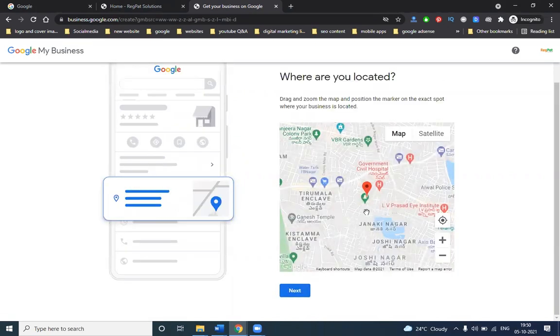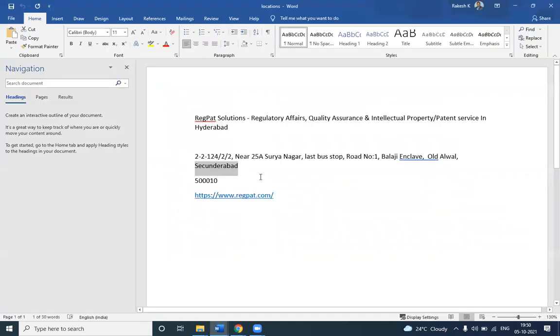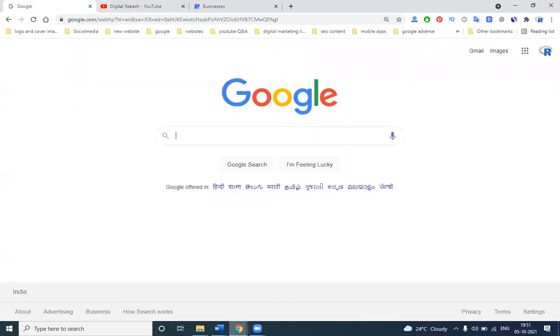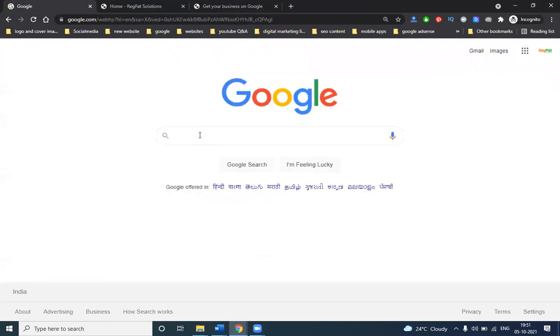Next, add your location. You can check the exact location from Google itself. So here is the option. I'm checking on Google here. Better to check.